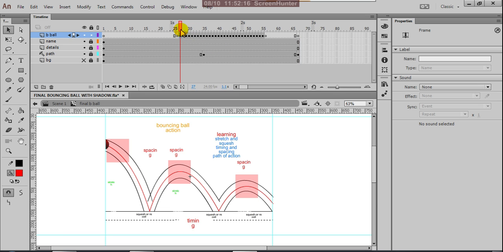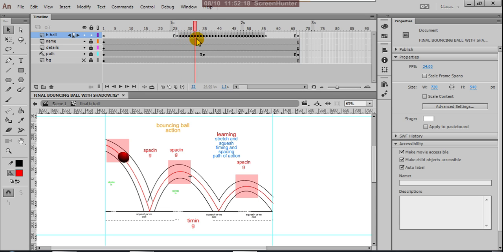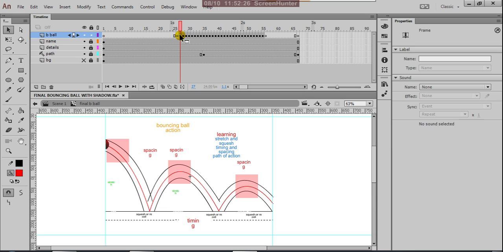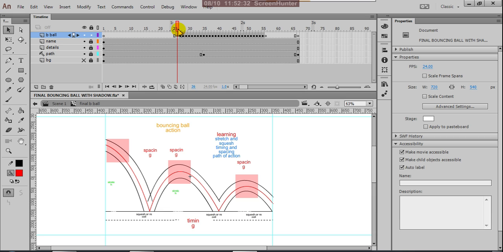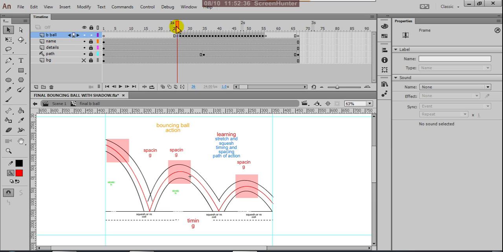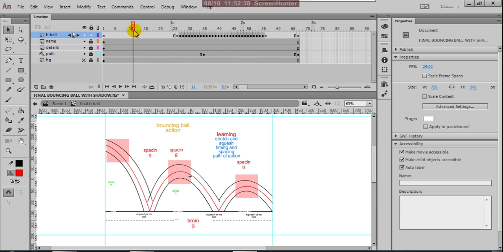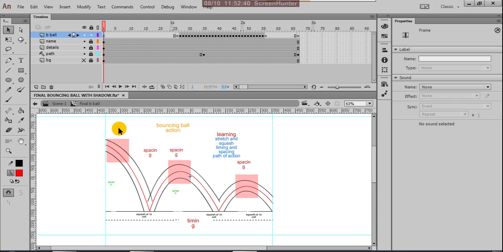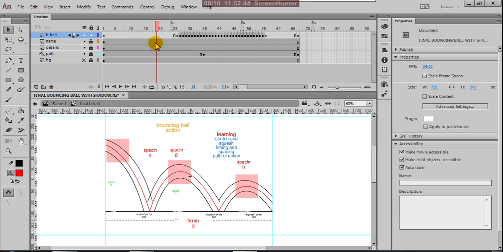So actually this is my action. Here I am indicating with the black frames. These are the actual keyframes. But before that, I am leaving 24 or 25 or at least 26 frames. I am leaving empty frames, because as you see there are no balls here, so they are empty frames only.